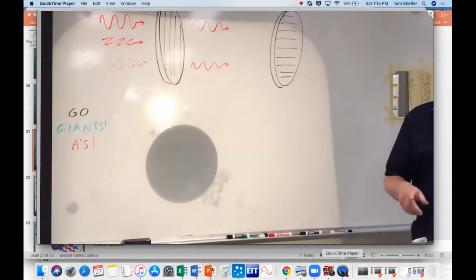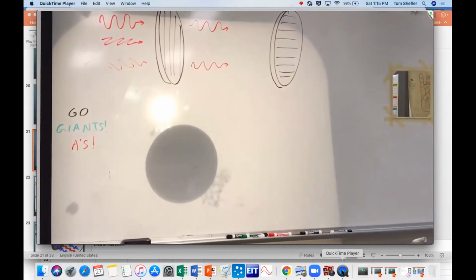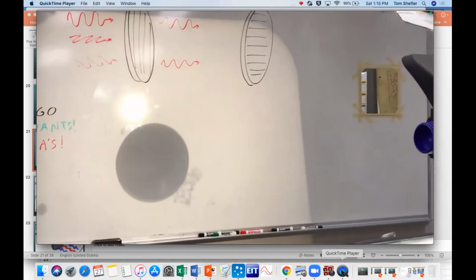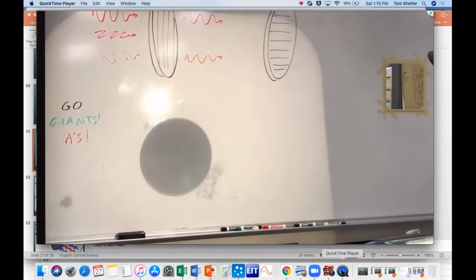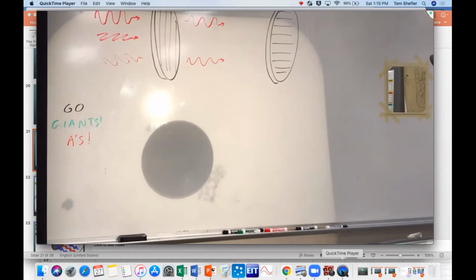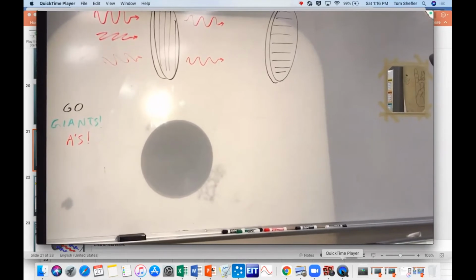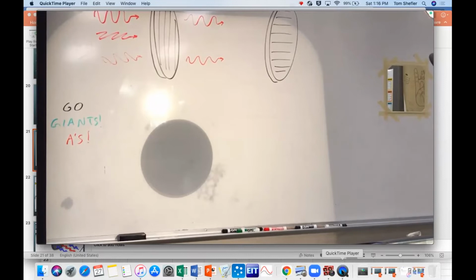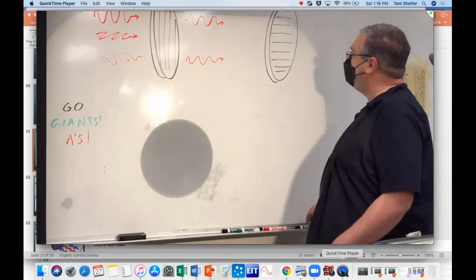So now is when I throw it to students. Right now I have two filters totally blocking all of the light. Is there any way I can add a third filter without changing the orientation of the first two, but allow some light in? And I don't answer right away. I tell them, turn to your neighbors. I'm going to put you in a breakout room for a minute, try to figure this out. And they usually figure it out that if you add a third filter in the middle,